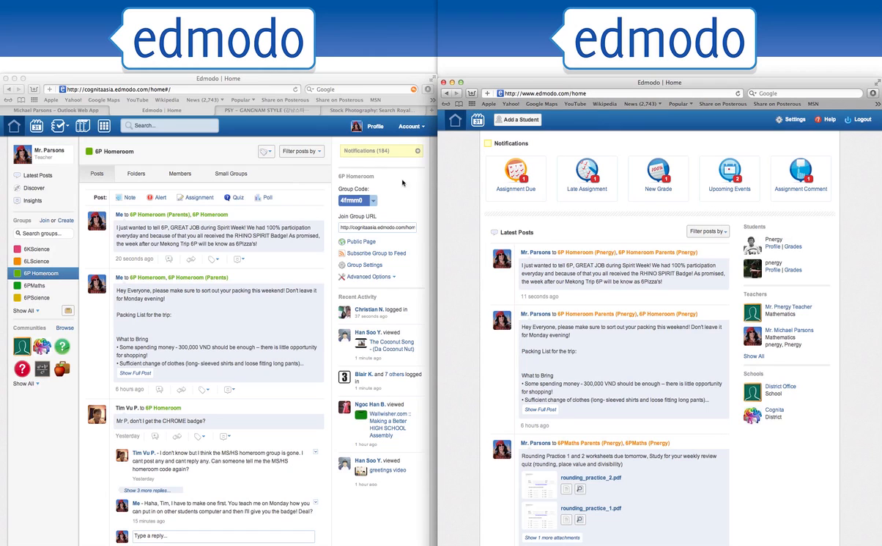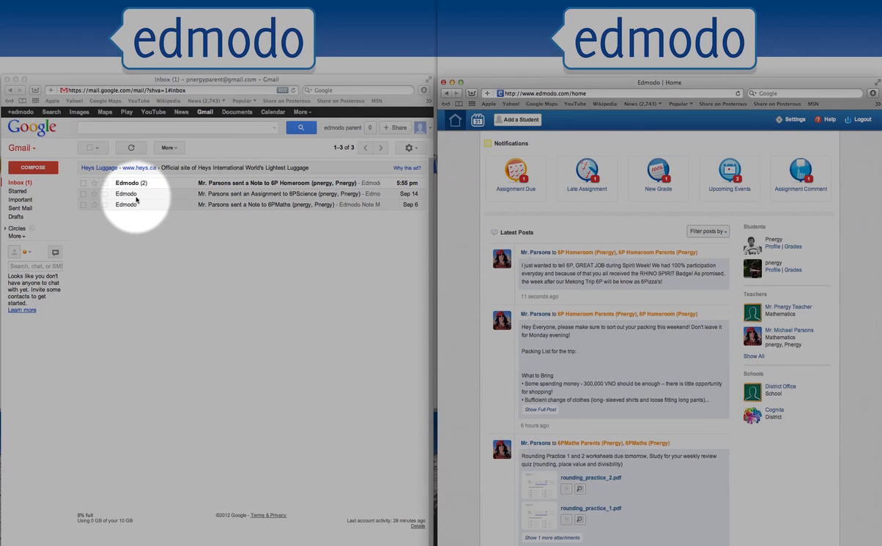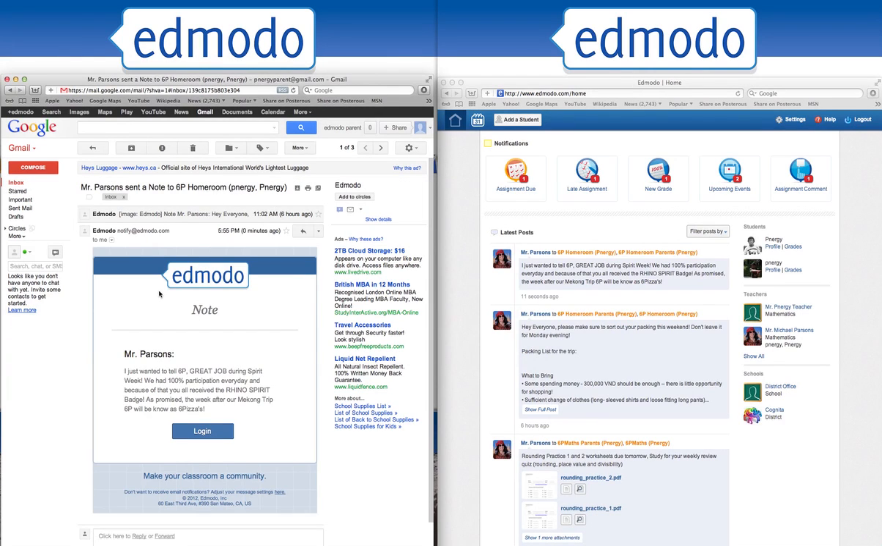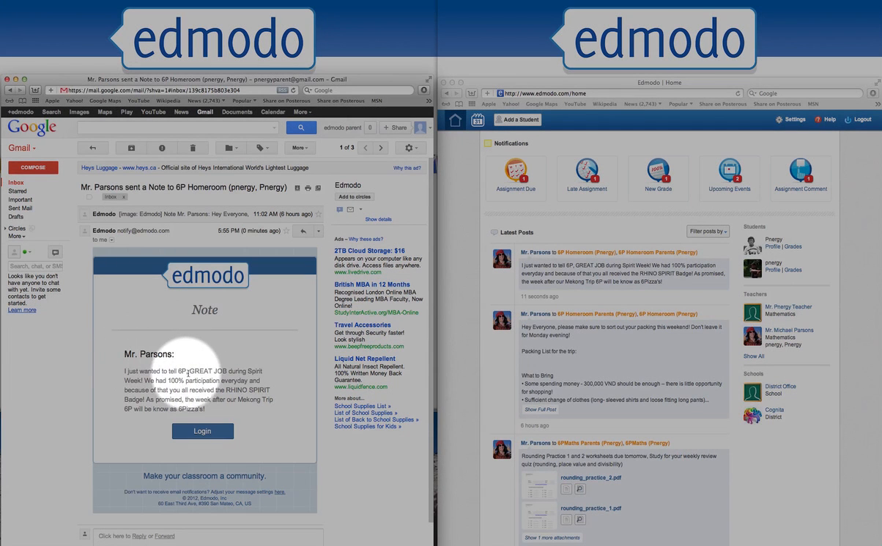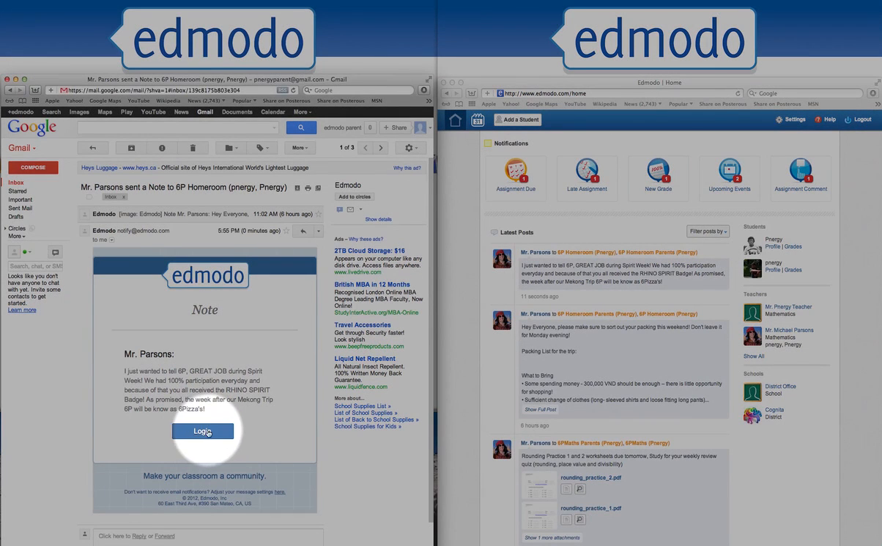Now, the other thing we're going to look at is what parents see when you send a note or message. This is a Gmail account that I have created to match up with my parent account. As you can see, Edmodo has been sending messages. Parents can turn this on or off in their notifications, but if I click on this one right here, you can see that Edmodo has sent the parents a message saying that Mr. Parsons wants to say great job for Spirit Week, and it gives them an opportunity to log straight into their